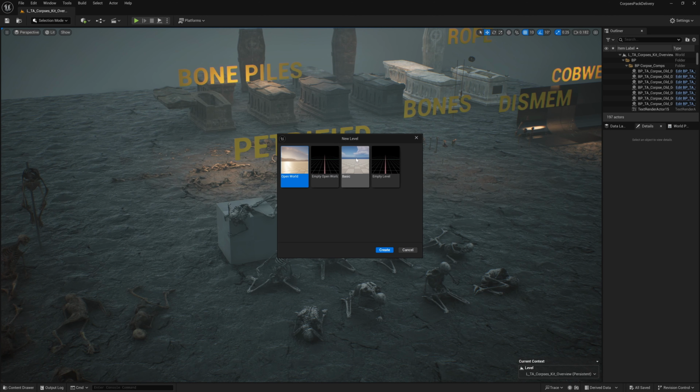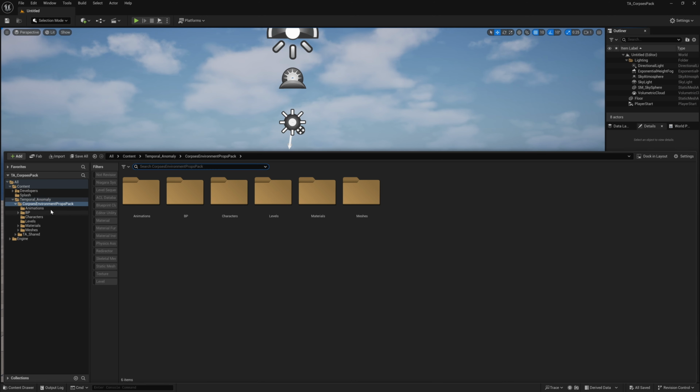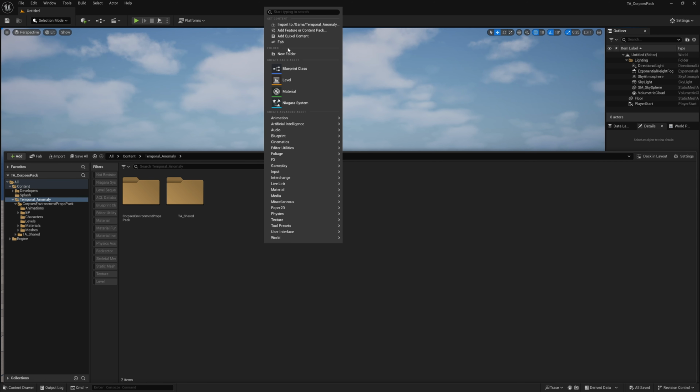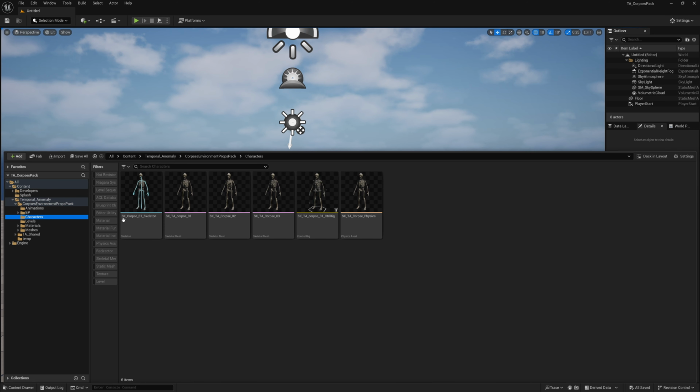For this, I'm going to use a clean map, just to start fresh. I'm going to create a temporary folder that we'll need. It doesn't really matter where you place it. Then, I'll go to the temporal anomaly folder, into Corpses Environment Props Pack, then Characters, and drag one of them